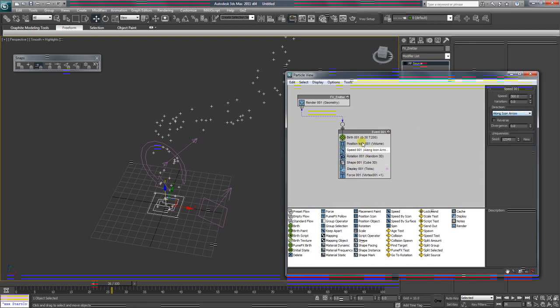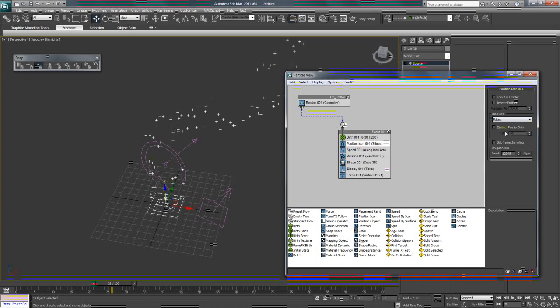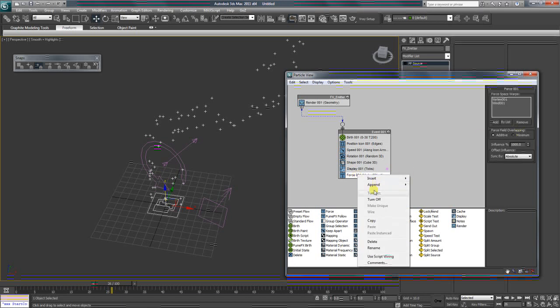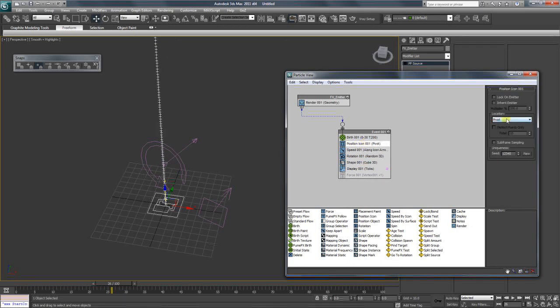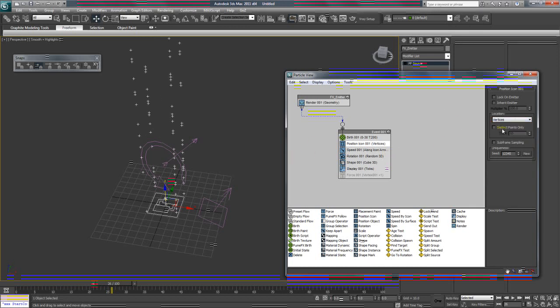I'm going to go to speed first, and then to the position icon, click on the roll down on the location, and put that to edges. I'm going to turn off the forces for now,